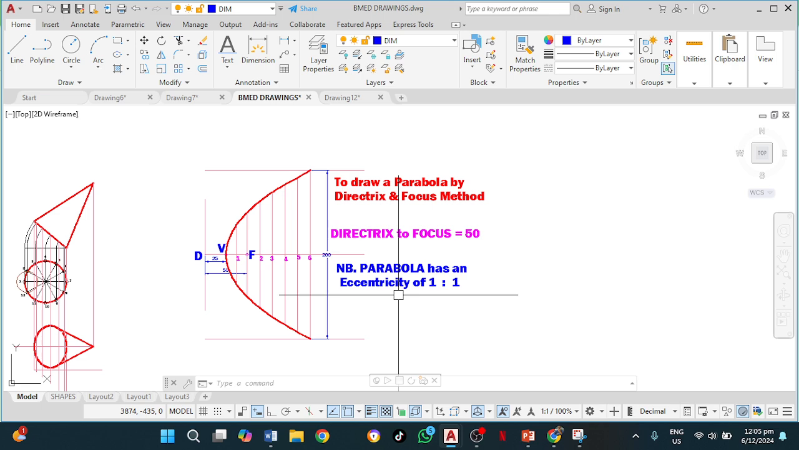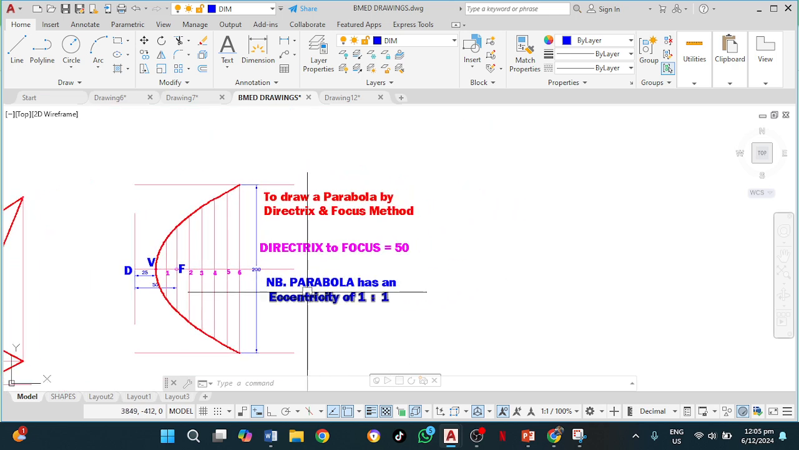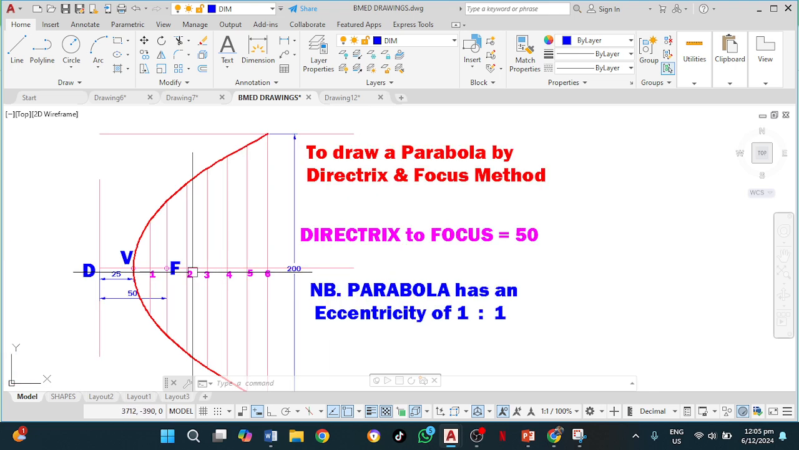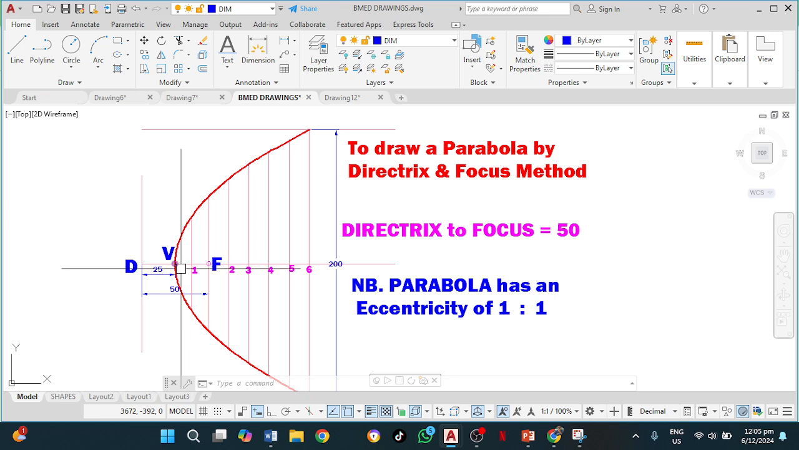Welcome back, guys. In this new video I will be showing you how to draw a parabola. In this case I'll be using the directrix and focus method to draw this parabola. A parabola has a span, a focal point, a directrix and a vertex. This could be drawn as well using a rectangular method and a couple of other methods. But for this particular video, I will be showing you how to draw this parabola using the directrix and focus